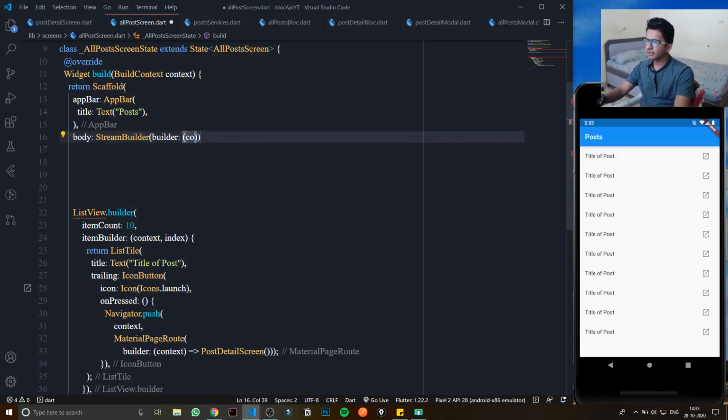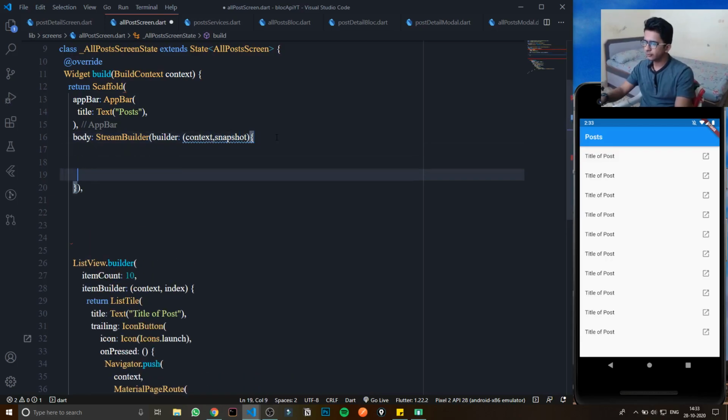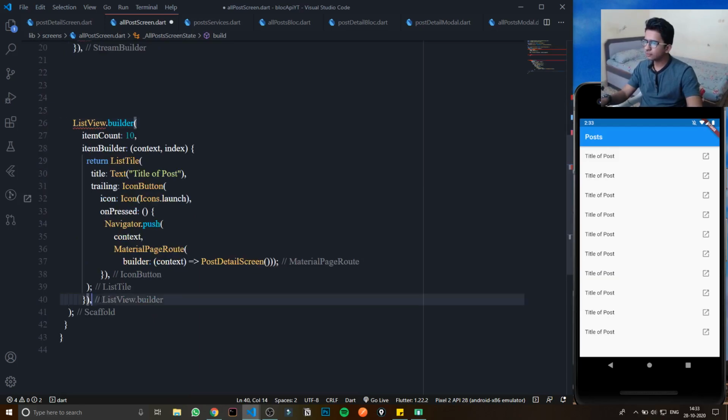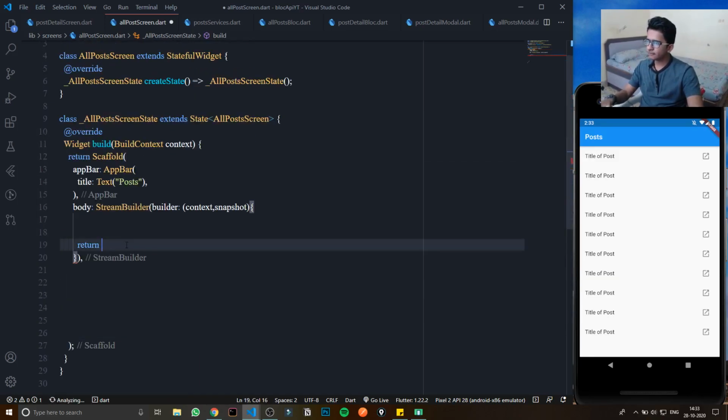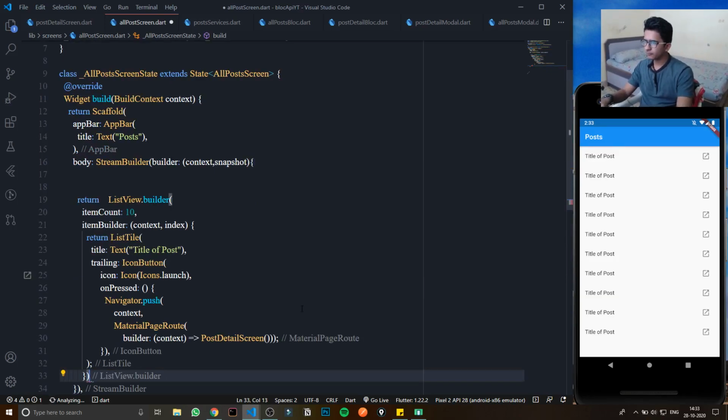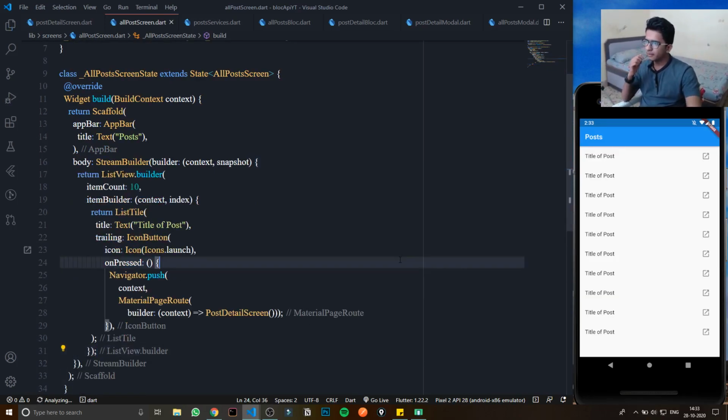In this I can give context and AsyncSnapshot, and let's continue: return, and in return I can pass this whole existing code here.